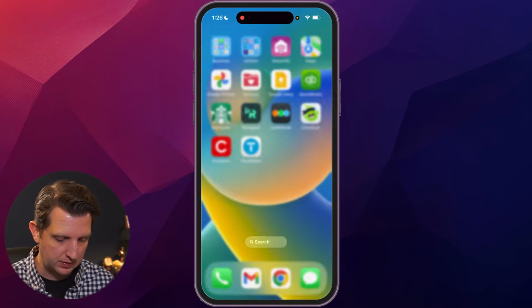Today I'm going to be showing you a really cool and super simple trick to add a video as the wallpaper on your lock screen of your iPhone. Let's jump in. So first thing we're going to do is head over to the App Store,